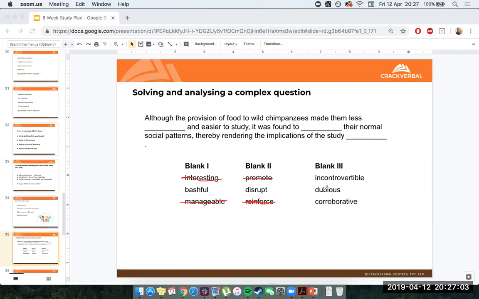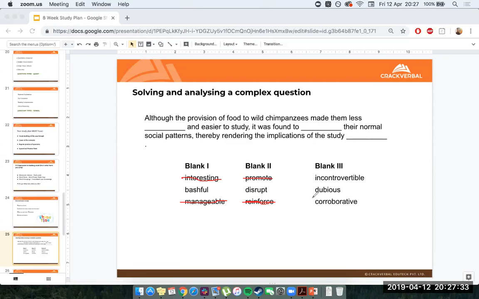Dubious. Okay, so what does the word dubious mean? Something that is dubious is something you're unsure about. It's something that is open to doubt. And that's the origin, right? We see D-U-B. So something is dubious if it's open to being doubted. Okay, so rendering the implications kind of dubious, right? The implications can be doubted. Yeah, we can doubt the implications because they're kind of negative. They kind of don't really add up. Okay, could be that.